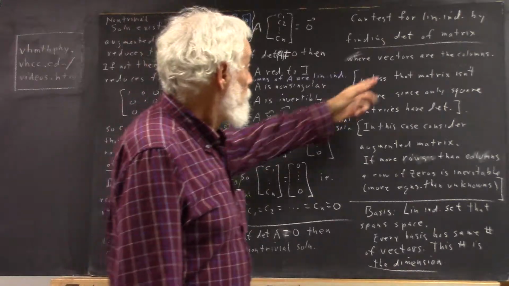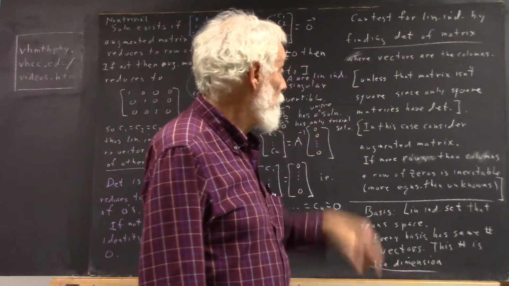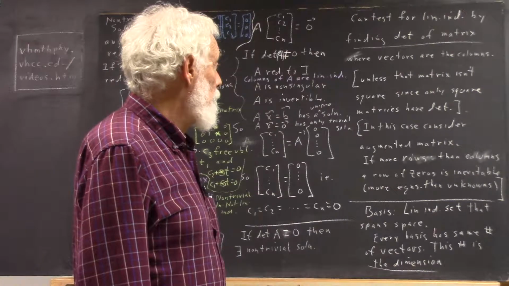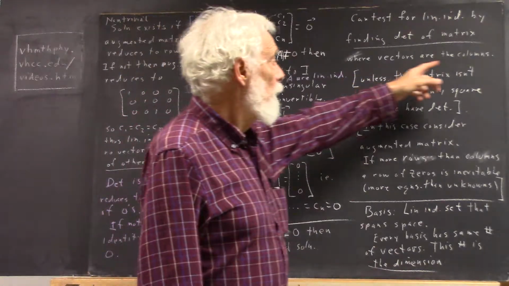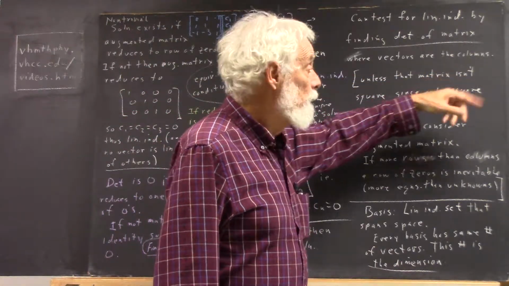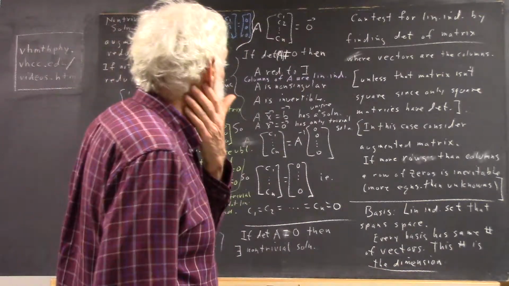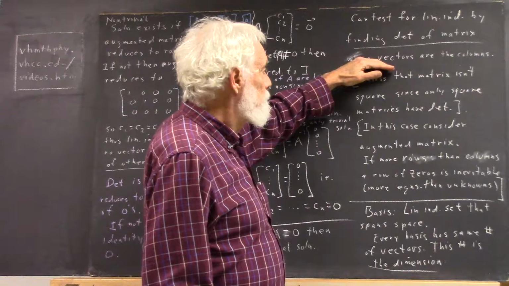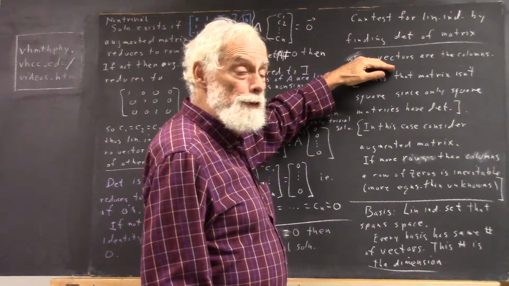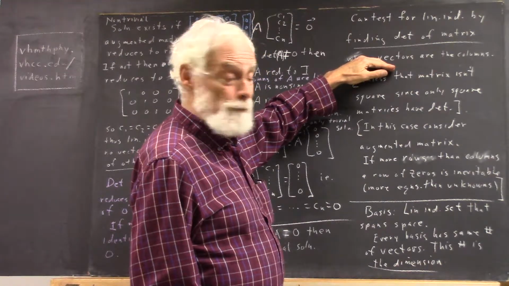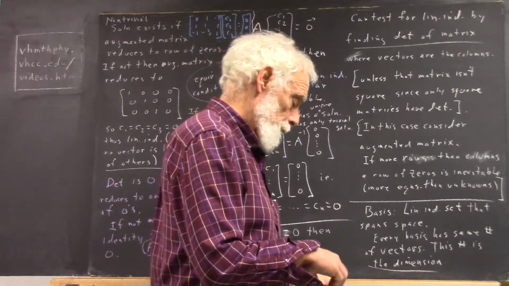Well, anyhow, so we can test for linear independence by finding the determinant of the matrix where the vectors are columns, okay? Determinant of the matrix for which the vectors are columns. Now, that holds as long as the matrix is square, okay? So this works,